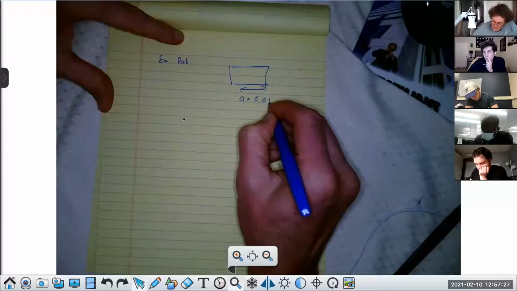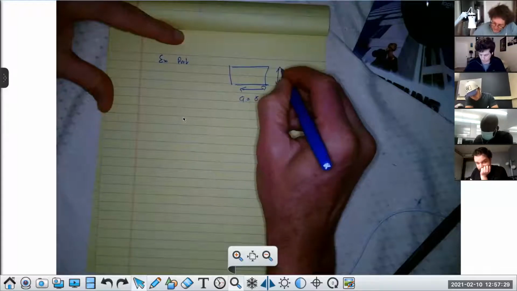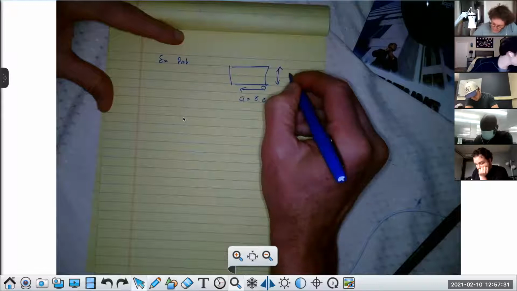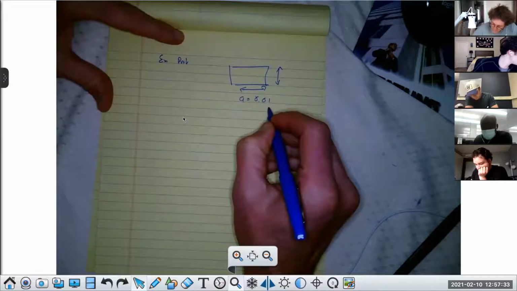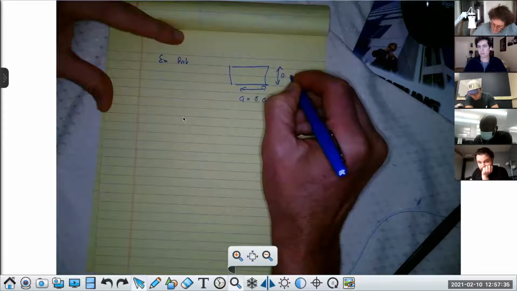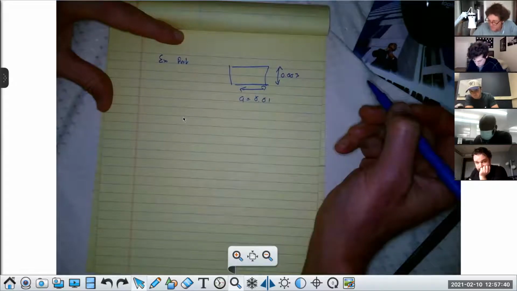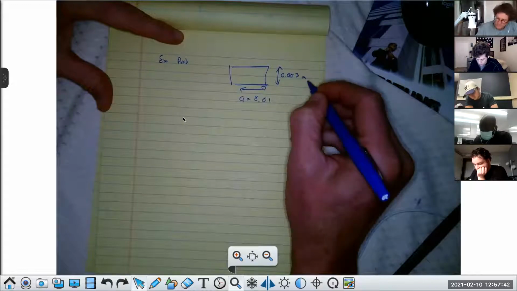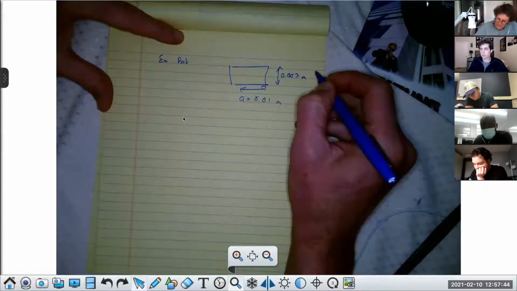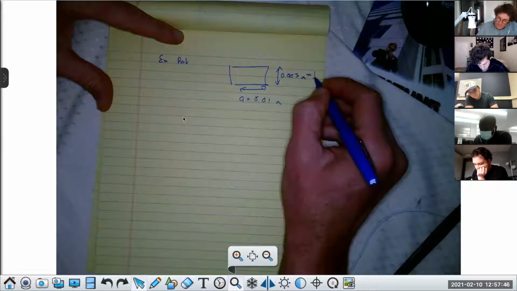And a dimension here. That's A. These are going to be in meters. So this would be B. Now after that,